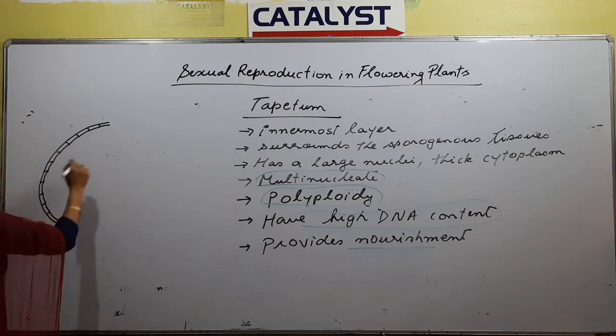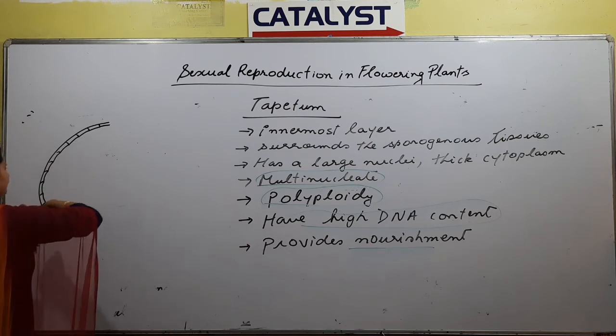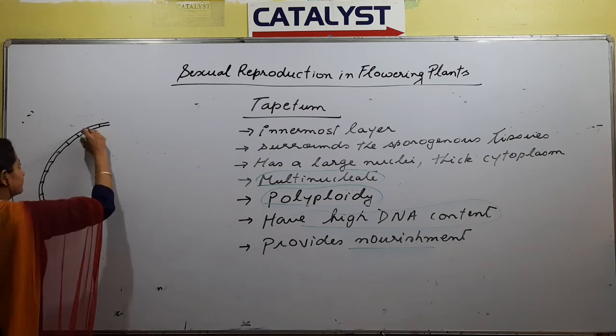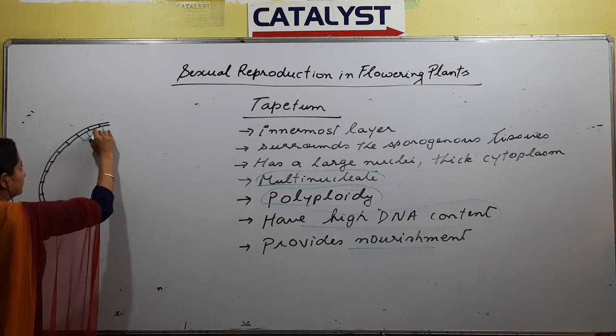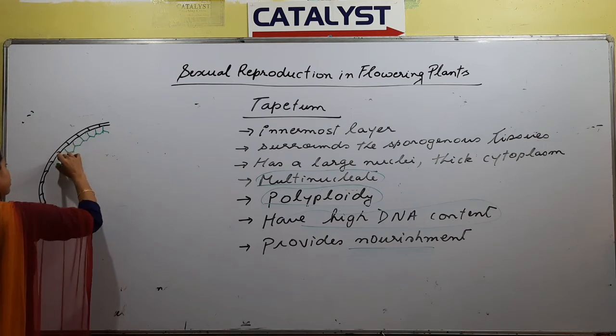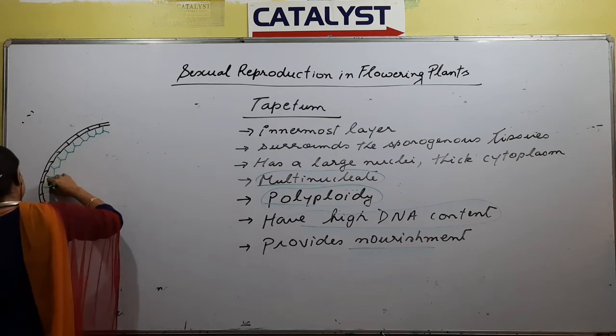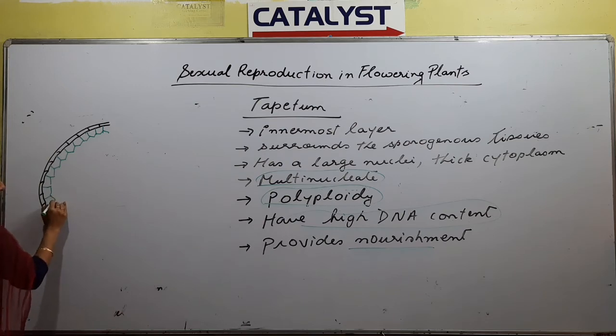Epidermis or tolot, what we have seen is innermost to the epidermis we have seen a layer that is called as endothecium. So, this green portion represents what? Endothecium. Right? Below to the endothecium ami ki dekhisilu, we have seen